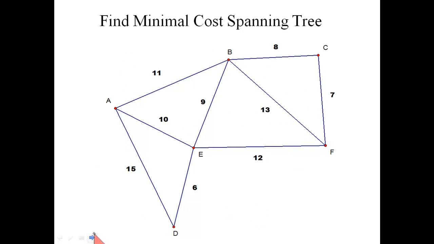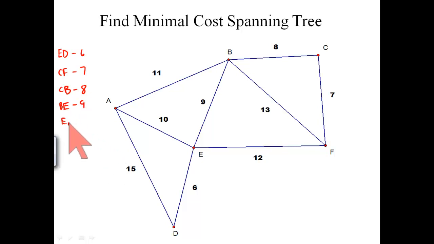Here's another example. And by the way, as I'm presenting these examples, I'm going to work them out, but it may be to your benefit to pause the video and try to work the example yourself before you see the solution. Okay, first we're supposed to list the edges in increasing order. So ED has length 6, CF has length 7, CB has length 8, and let's see, BE has length 9,